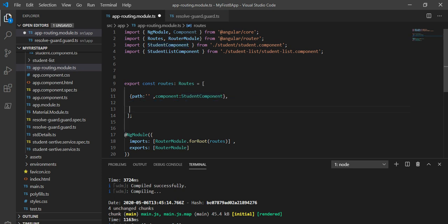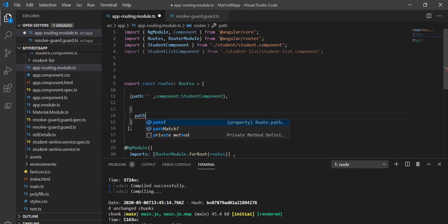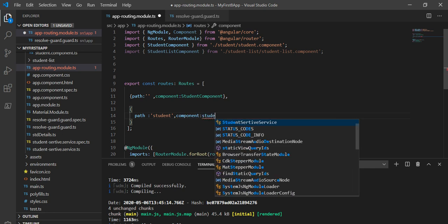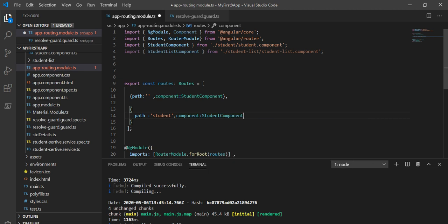We define path student, and we have to give the component, which is the student component, and comma, here we are going to make children.